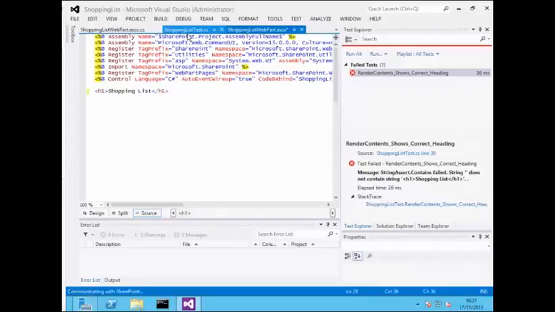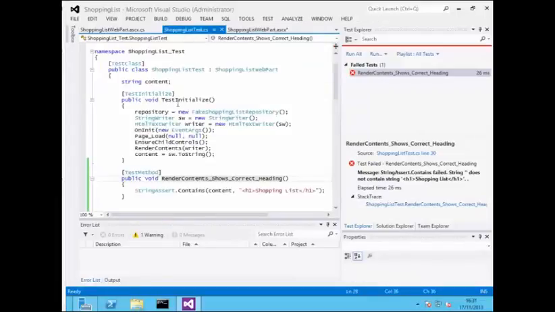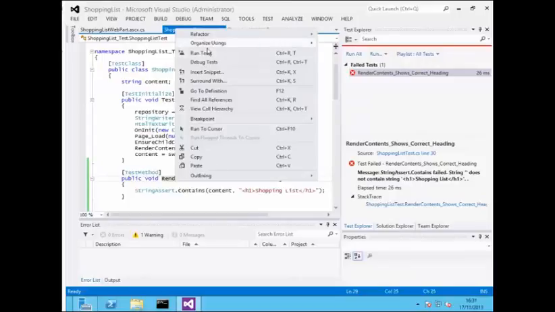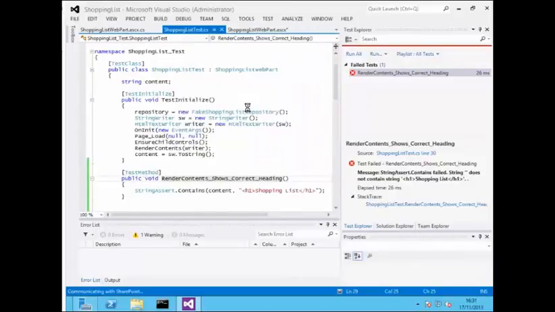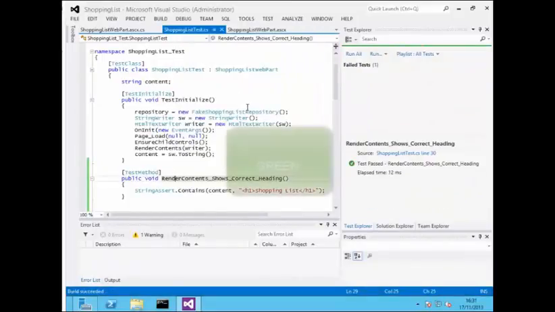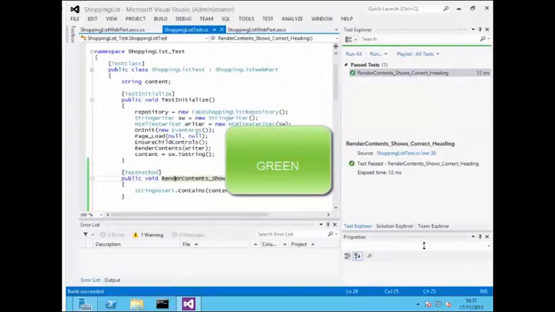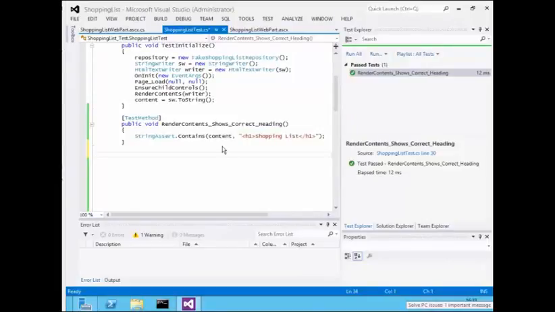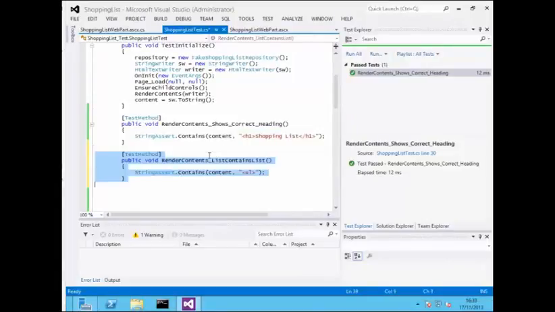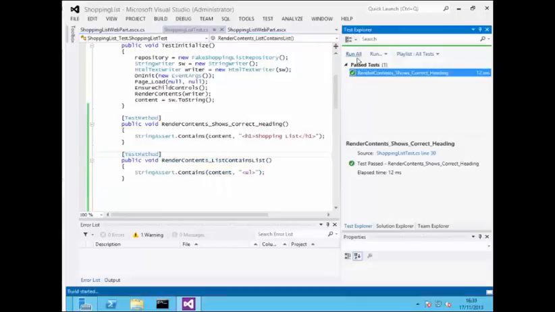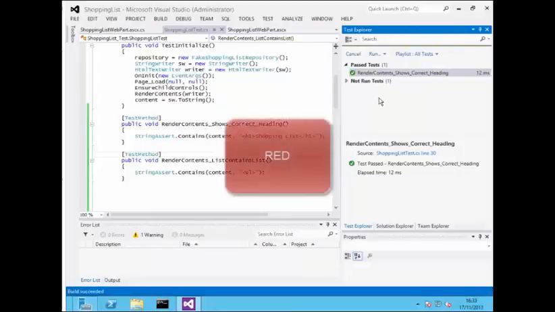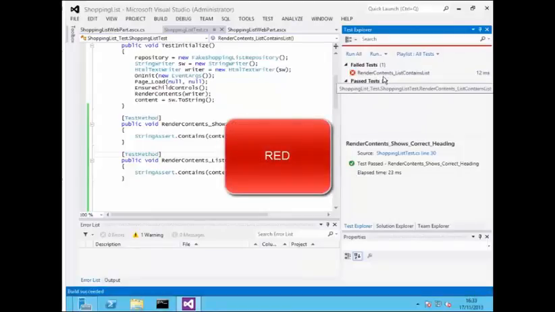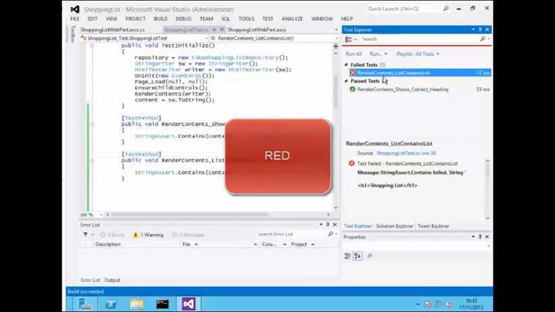So now if we run our tests again, we would expect that the test would pass. So I'll do run test. There are various ways of running it. So we're using MS Test, the built into Visual Studio, and the test runner goes green. You see the green bar in the Test Explorer panel. So the test has passed and we're at green. Now we could refactor, but there's not much that we need to refactor, so we move on to and create